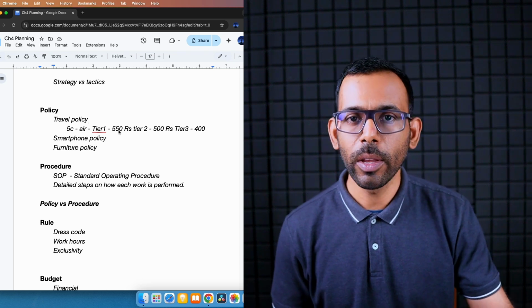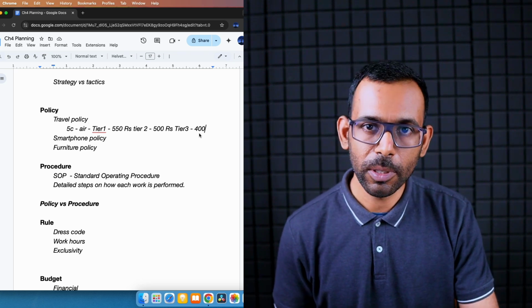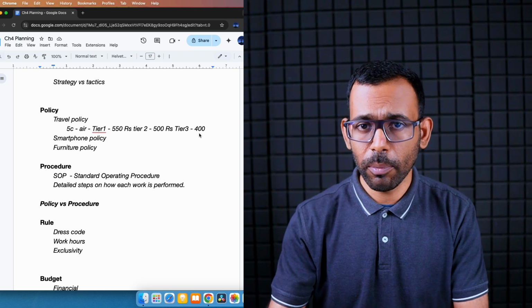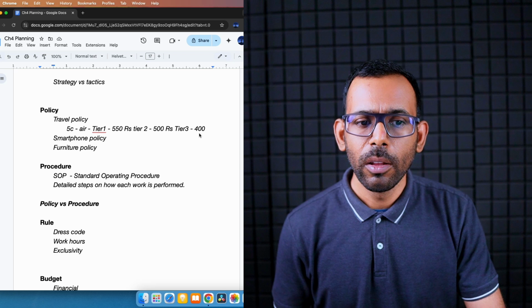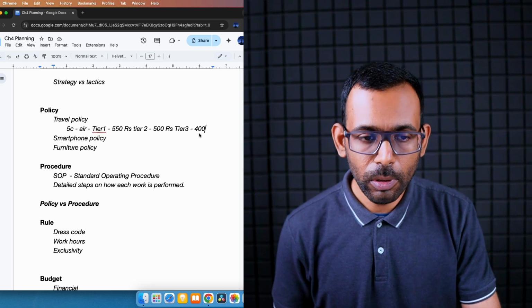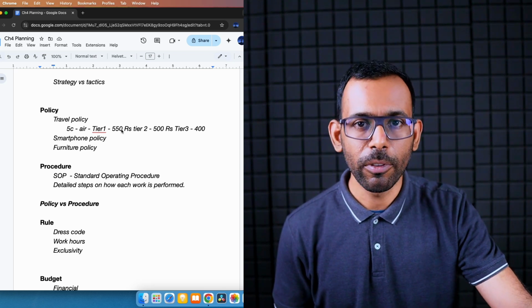Apart from this, we will also get a reimbursement for the lodging expenses. The lodging expenses, we have to provide a bill. So based on that, the bill that we can claim from the company. But the company with respect to food will give a flat allowance of 550.